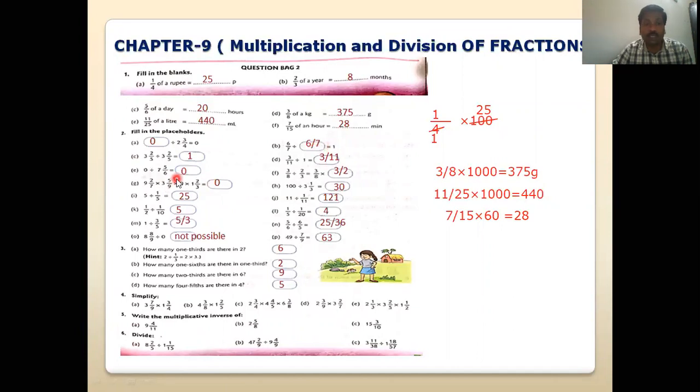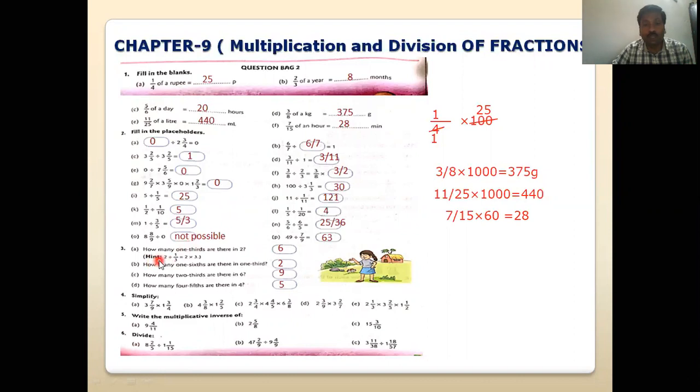And now, this is another type of question. Here we see that 0 is the multiplication. When 0 is multiplied by any number, then we get the product 0. And now here is the question. This is very simple. You can solve. But in this question, it says that 0 is divided by 8 by 9. We know that when we divide 0 by any non-zero number, that is not possible. So our answer will be not possible.